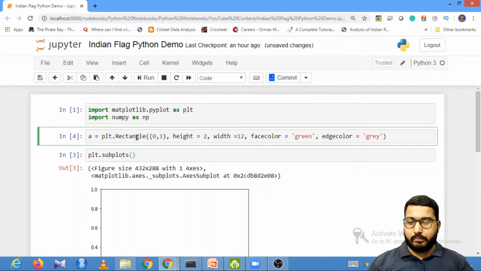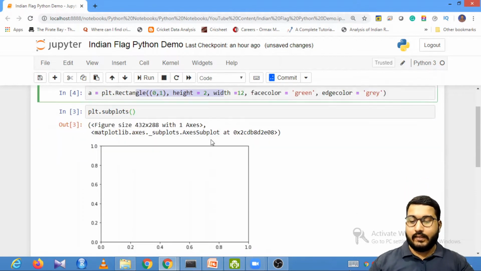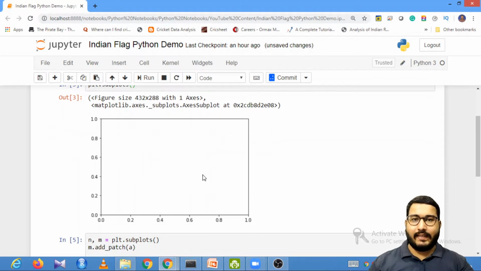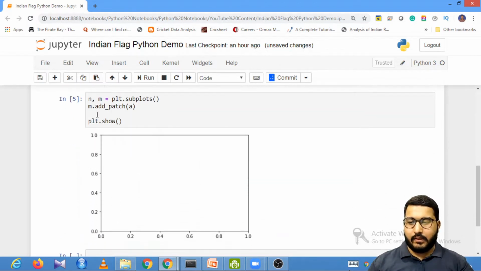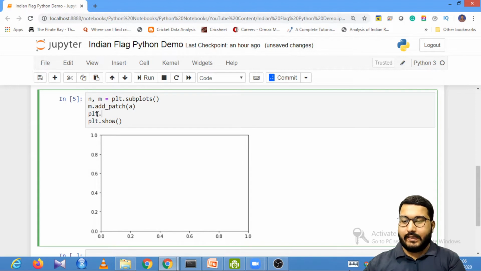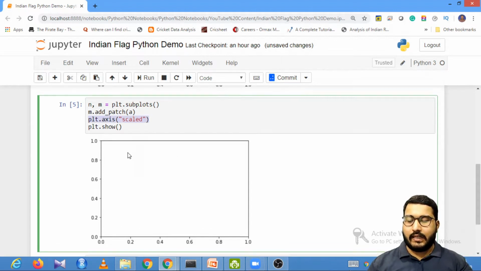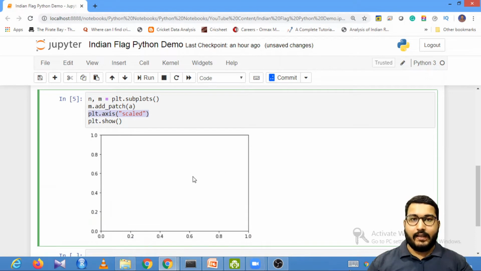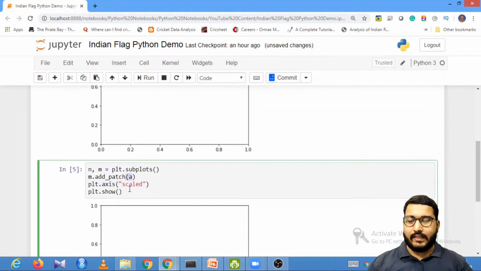So the shape of your rectangle is very different from this default size, and that is why it is not visible over here. So I'll say please scale my axis according to the patch. So scaled will make sure that your figure is scaled according to the patch that you are providing over here.